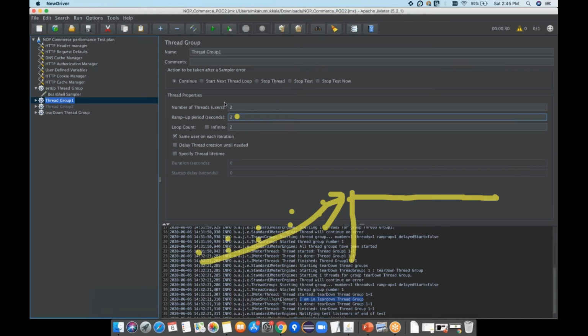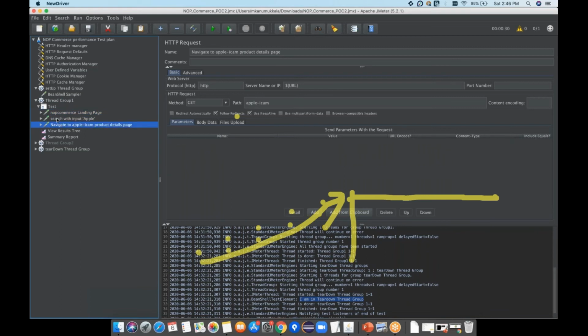That's about it: number of threads is number of users, and ramp up time is the time within which everybody should be on the application. The next one is loop count. Under this thread group, I have 3 requests.